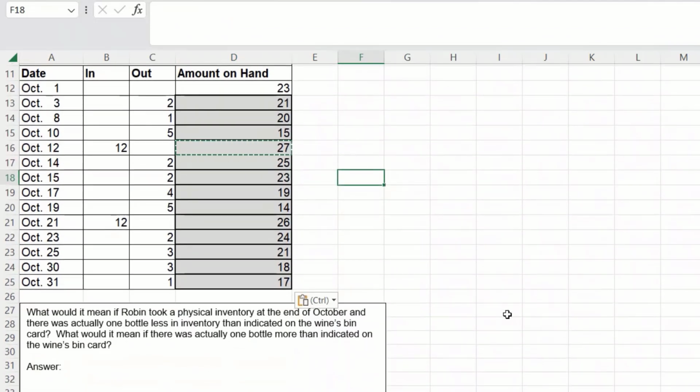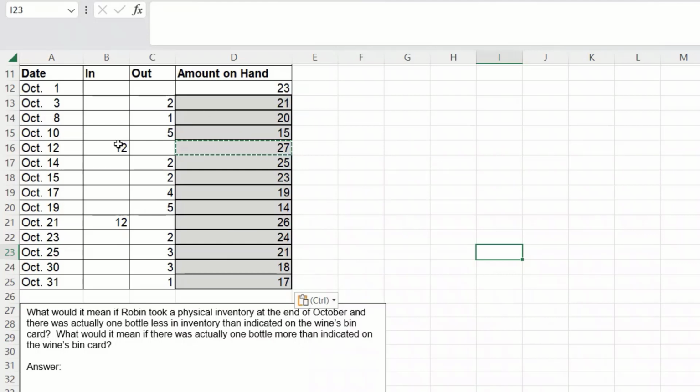Okay, now what would it mean if Robin took a physical inventory at the end of October and there was actually 1 less bottle of inventory than indicated on the wine's bin card? Okay, so let's say October 31st rolls around. Instead of having 17 bottles, he actually has 16. Now if he doesn't keep record of this every single day, he can't see where that error is. So if he comes here and he sees there's 16,